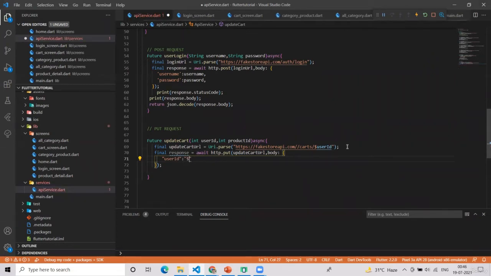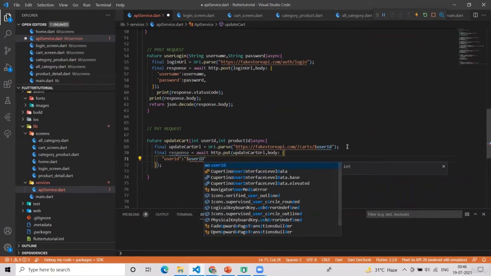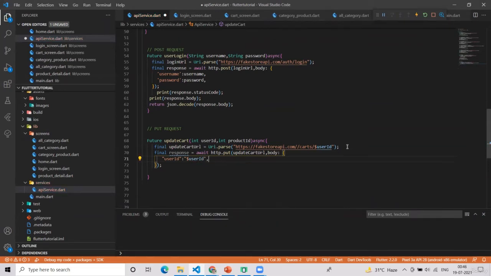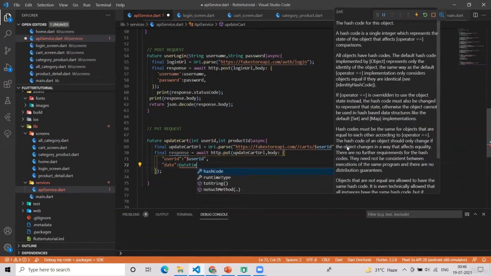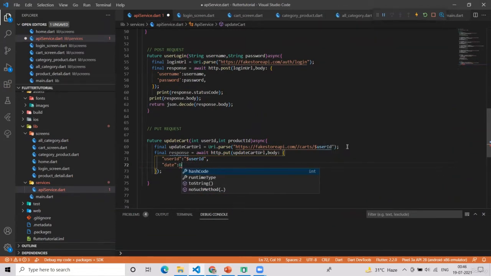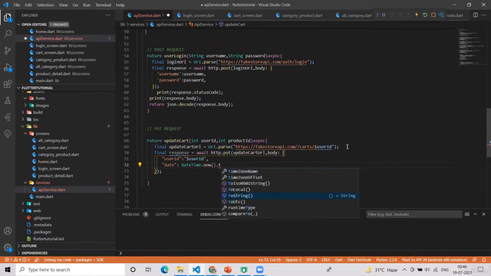It will be a string. Just remember, here every key will have a string value. What I mean by that is, I will just show you. Then date will be DateTime.now().toString(). So we have to convert these things to string, and then